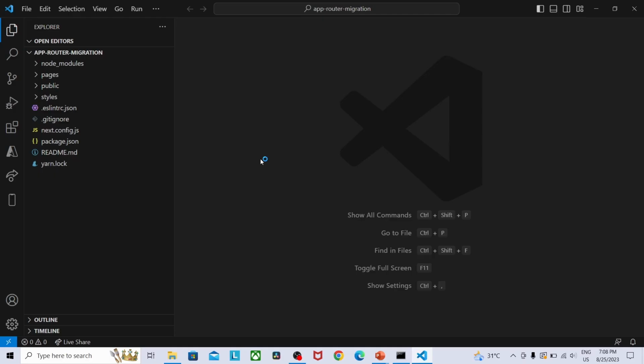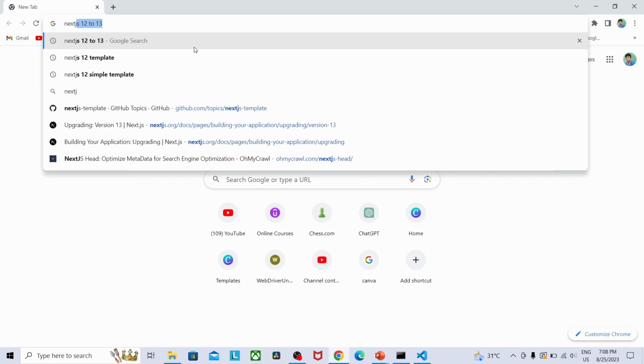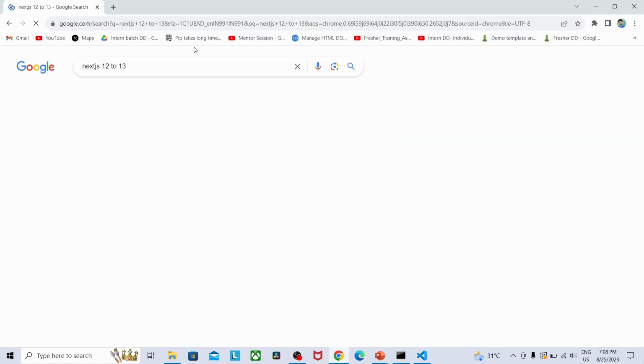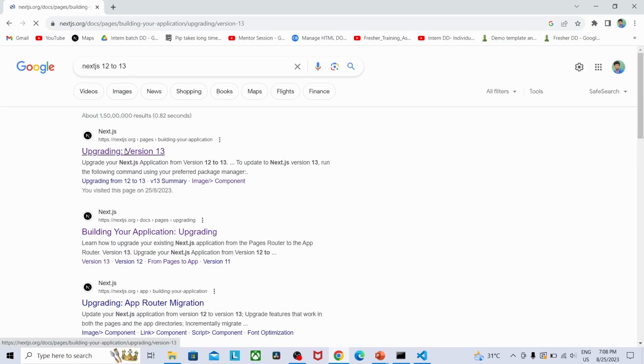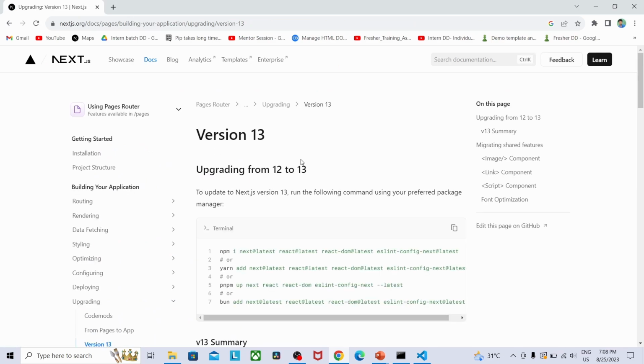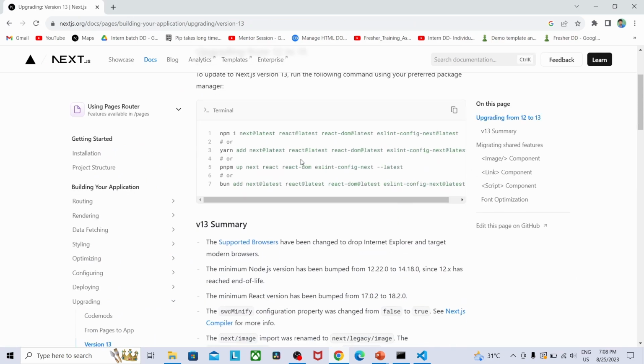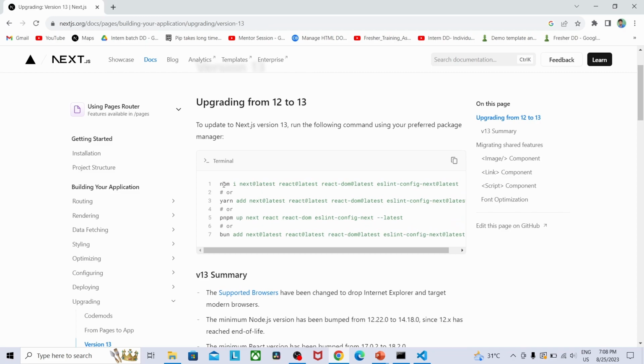Next we are going to migrate to Next.js 13. For that, let me open Chrome. I am going to search Next.js 12 to 13. Here we can see the upgrade. So to upgrade this, we have to use this command. So I'm going to copy this command